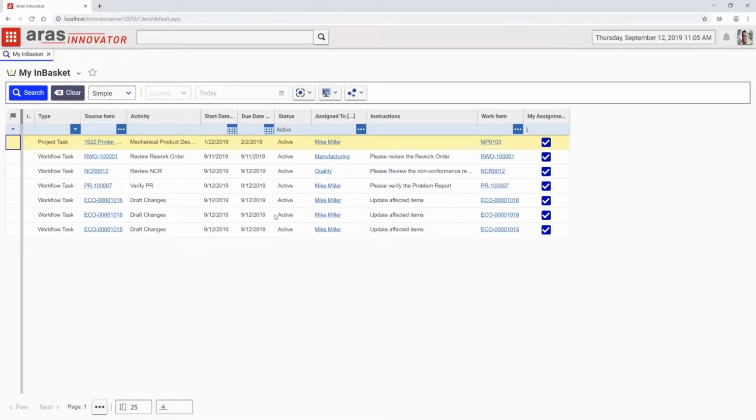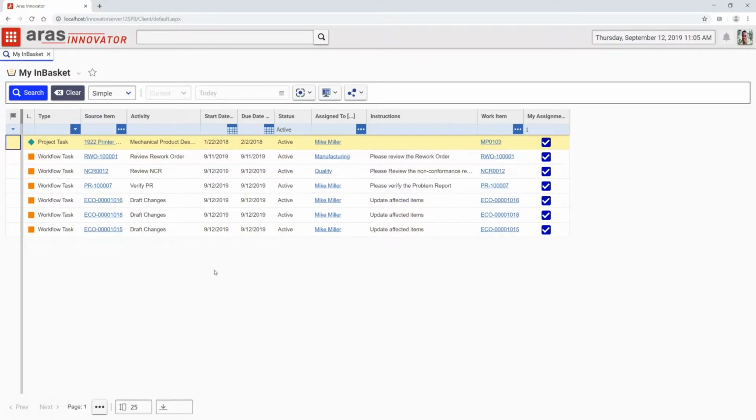I'm going to log in right from scratch as a typical Aras Innovator user. His name is Mike. Aras Innovator can be configured to open up or go directly to any type of information that's of interest to a user. Mike has his start page set up to a very important view into Innovator. These are all the current tasks or activities that are assigned to Mike.